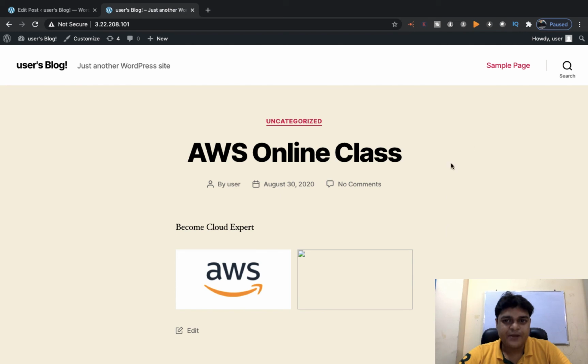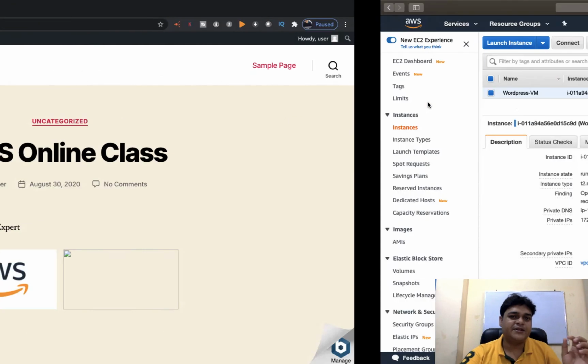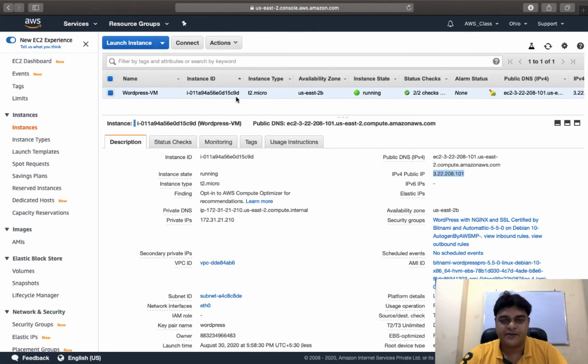So as the admin, as the architect, our responsibility is to design our WordPress server with the help of the AWS portal, and just copy the public IP address and provide the username and password to your developer. Developer can design each and everything. Our responsibility is to manage our virtual machine properly. Like this is our VM that contains the WordPress services. So our responsibility is to manage this particular virtual machine, such as adding our custom domain, configuring a load balancer, and also we need to create an alarm and monitoring panel as well.